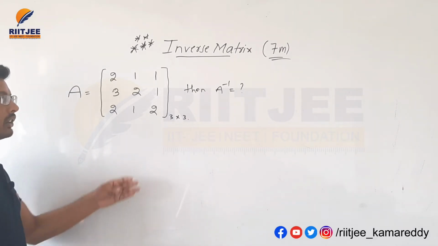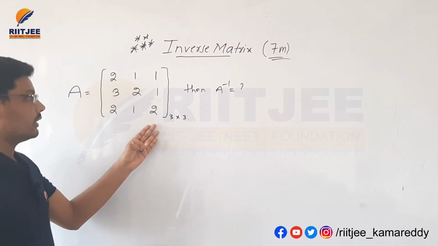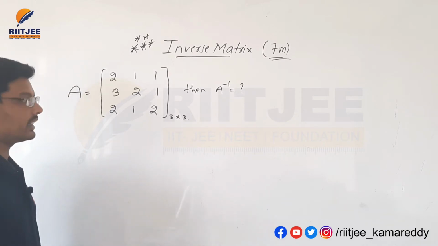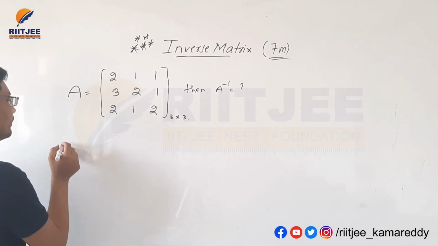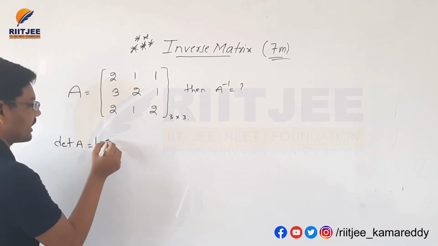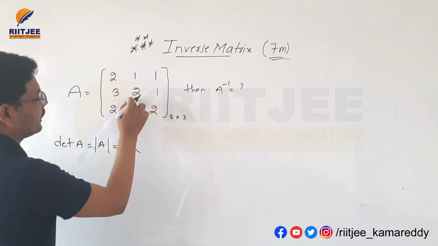First of all, if you want to find A inverse, it should be a square matrix. Its modulus value should not be equal to 0, that is nothing but a non-singular matrix here. I am taking first of all det A. I am finding det A, that is equal to modulus of A, that is equal to 2 into 2 into 2